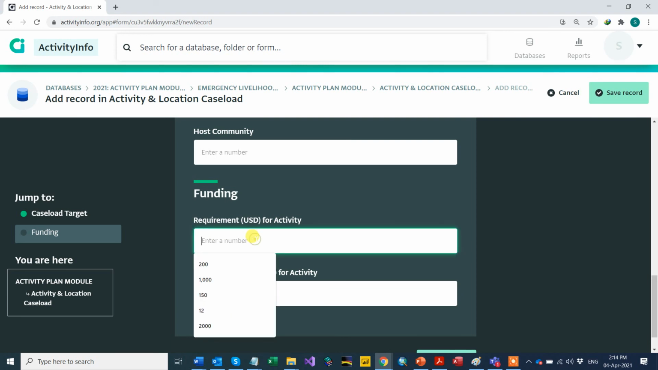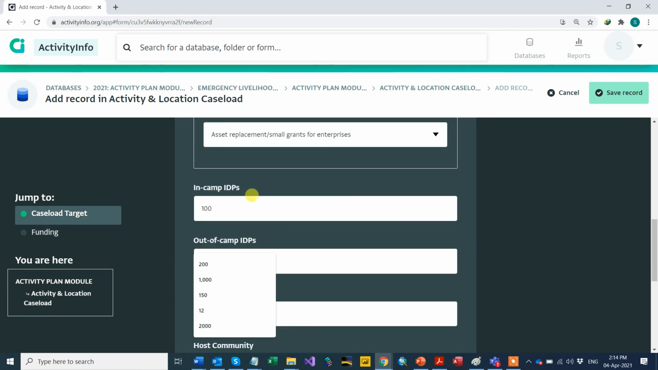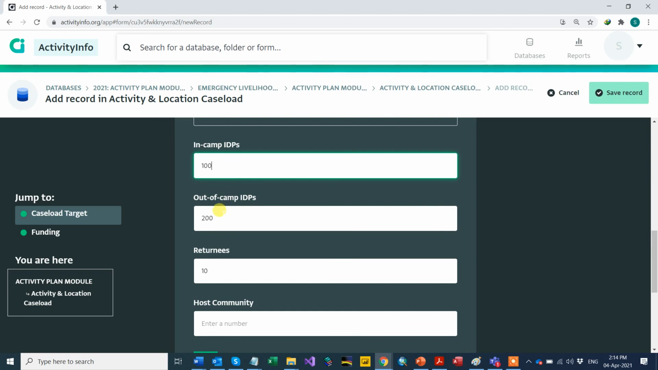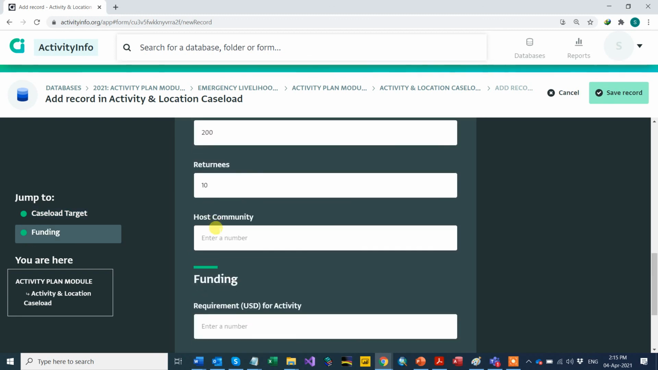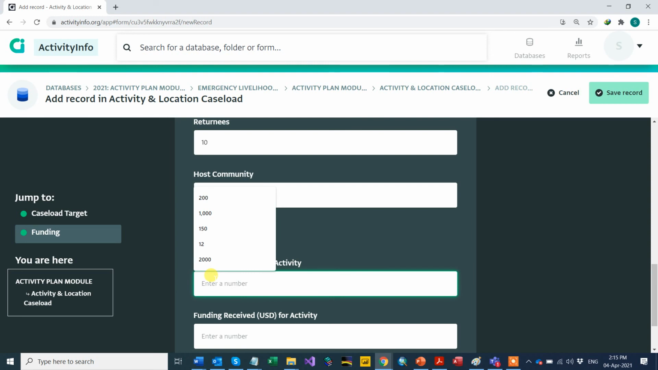Funding requirement for the activity. For this specific activity, how much is required? Usually the fund is for the entire project, but this one is not for the project. You have to submit only for this activity, for 100 in camp, 200 out of camp, 10 for returnees. It is approximately, let's say, $100,000